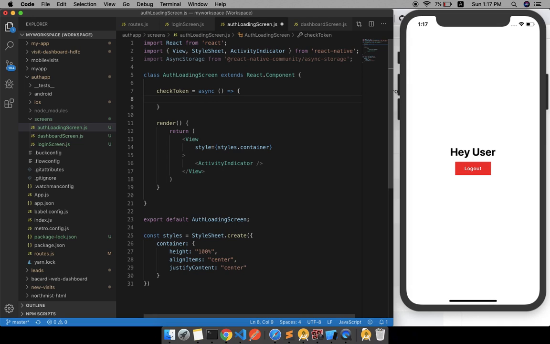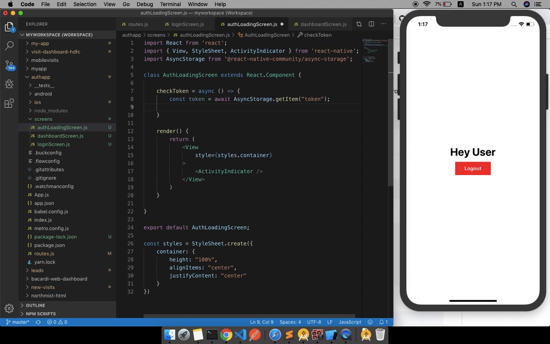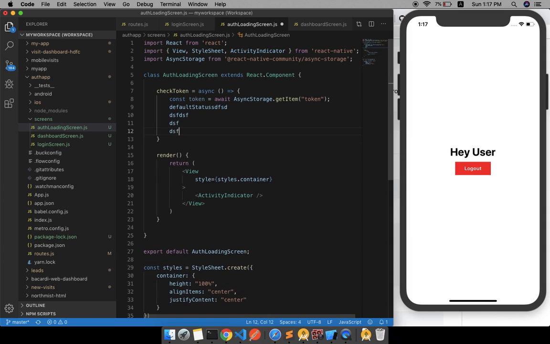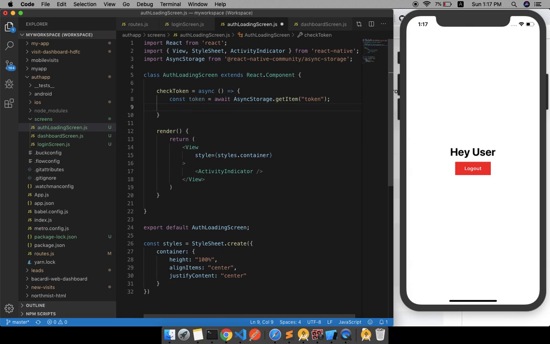I mean, get the item, const token = await AsyncStorage.getItem token. The code I've written here will wait until this line ends its operation. Okay, if token,